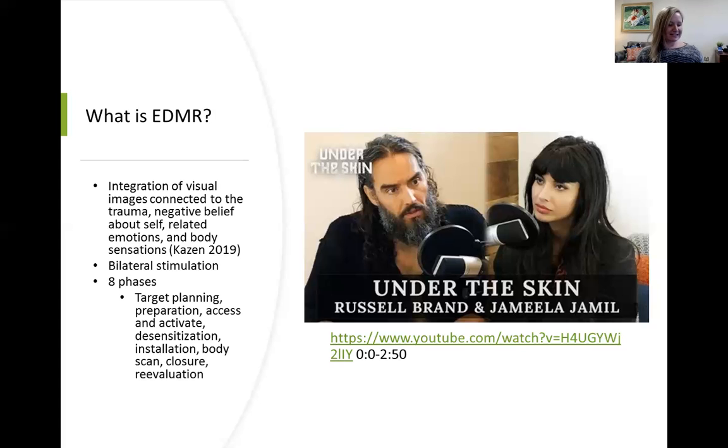Then the preparation. So that is building the secure place. That's doing what we did, securing your place. And really the preparation is so important because this phase allows people to stay in their window of tolerance during EMDR and learn how to stay in their window of tolerance outside of the session as well. And as the clinician, my job is to help them stay in their window of tolerance during the session so that they can process through their emotions, because when they get above their window of tolerance, they're panicking, they're distressed, they're not going to be able to do the work.